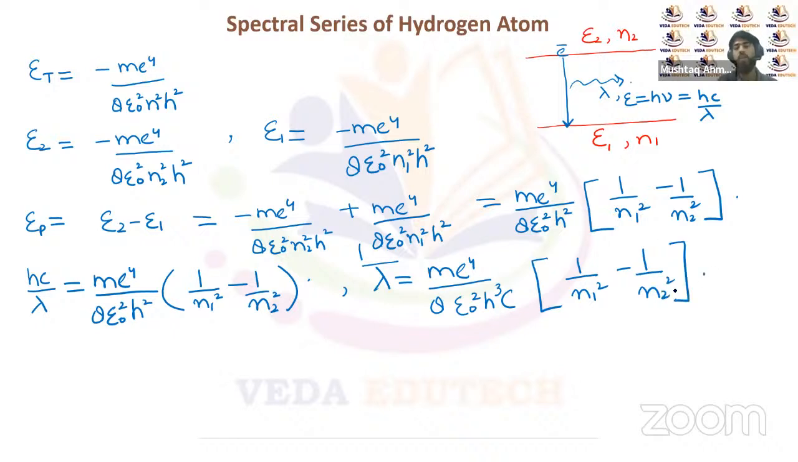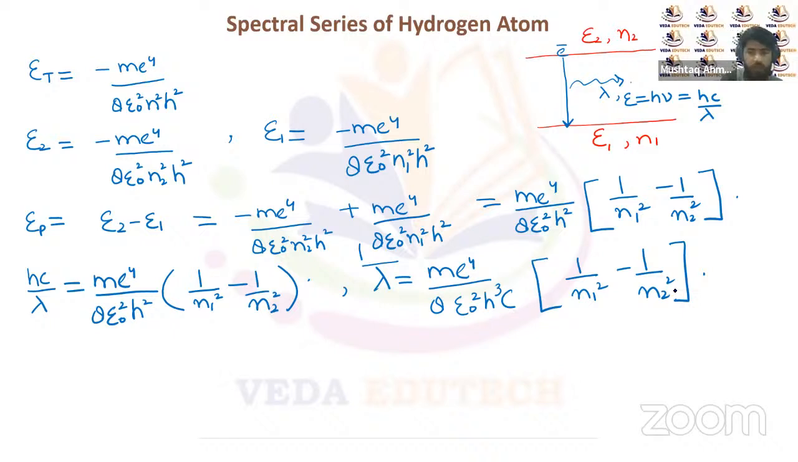So this will be the 1 upon lambda. That's what we call 1 upon lambda. We call it the wave number. So me to the power 4 over 8 epsilon naught square h cube c, and 1 upon n1 square minus 1